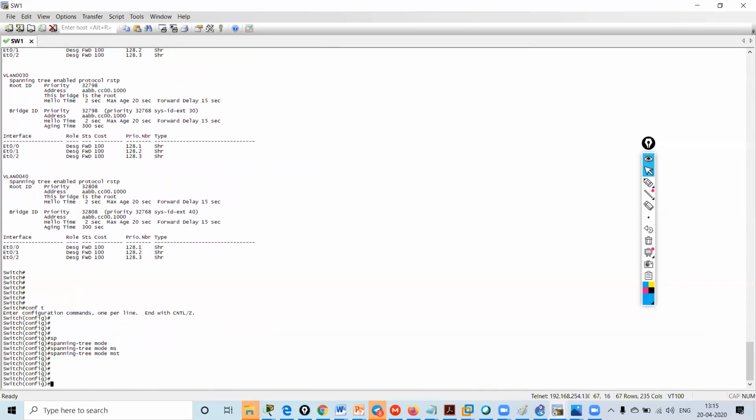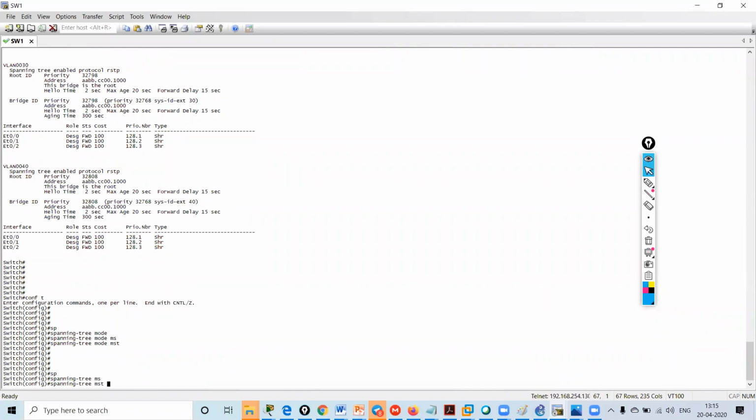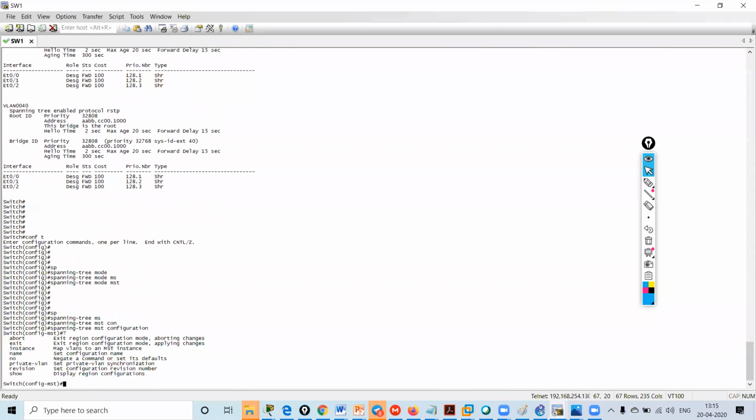Once I gave this command, my spanning tree is now running MST, multiple spanning tree. Then the next command I have to give is spanning-tree mst configuration. Once I give this command, my prompt came into MST configuration mode.